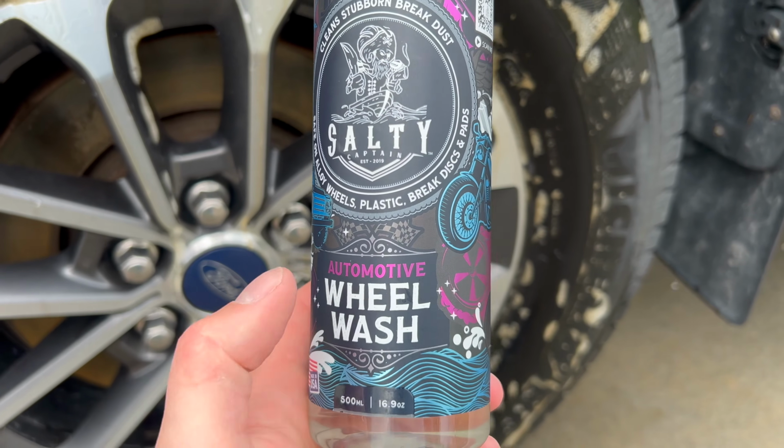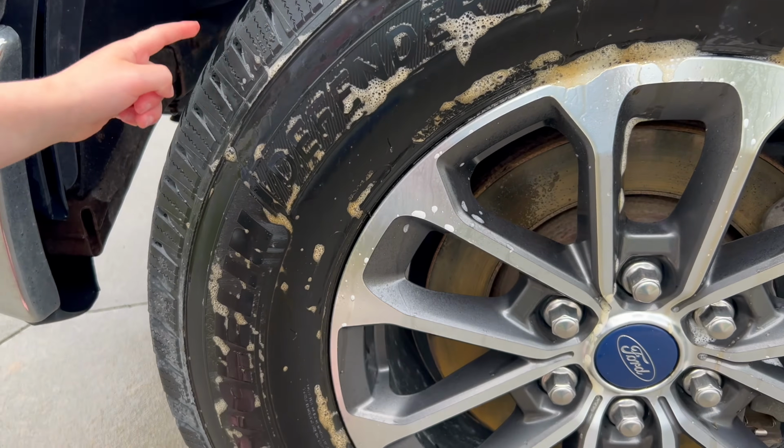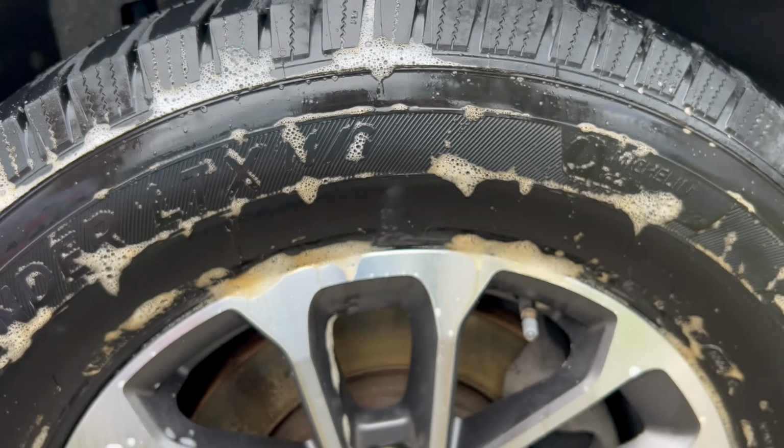So next on the list is to use their wheel shine. So my lovely assistant has already applied it to this tire. As you can see, this stuff's clear when it goes on,